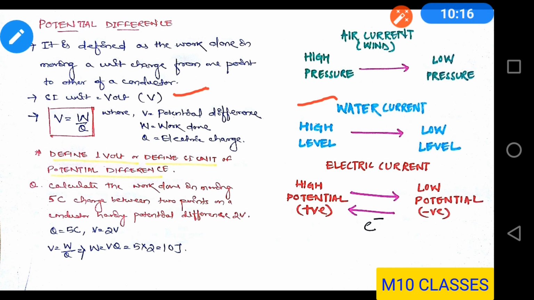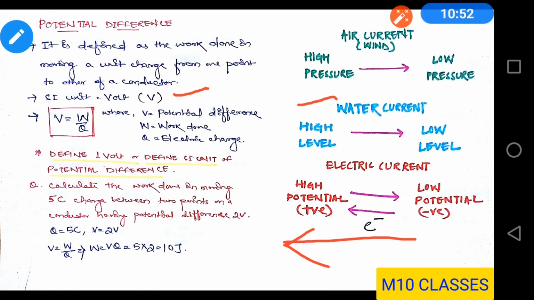Electric current is due to the movement of charges, but there must be an agent due to which the electrons flow, and that agent is nothing but your potential difference. Remember, the flow of electric charges in a conductor is due to the potential difference between the 2 points of a conductor. Now, the electric current flows from higher potential to the lower potential, and the electrons flow in the opposite direction, that is your negative to positive terminal.